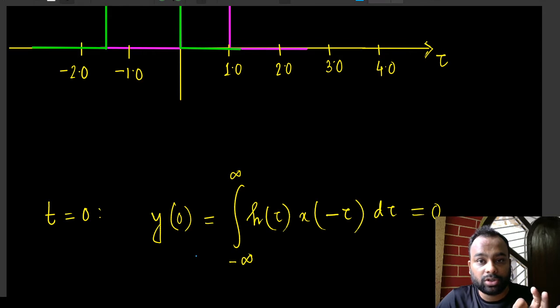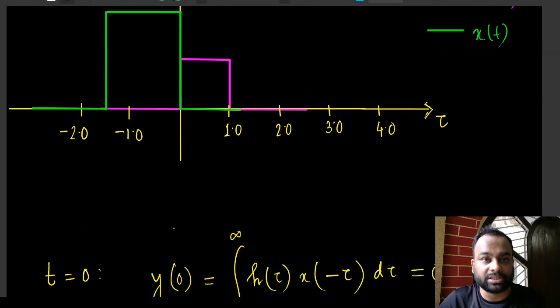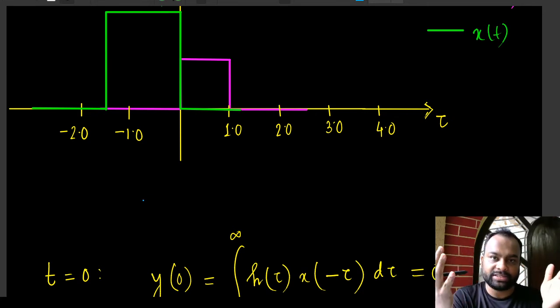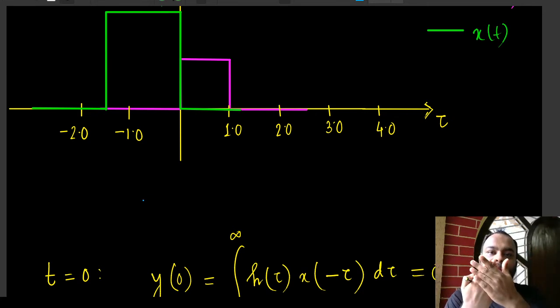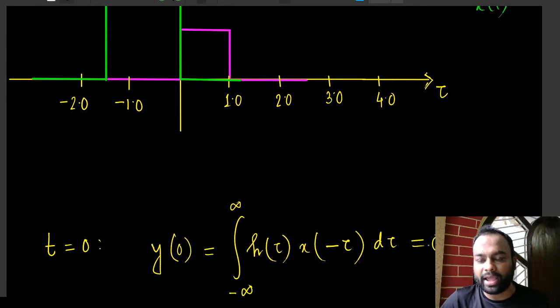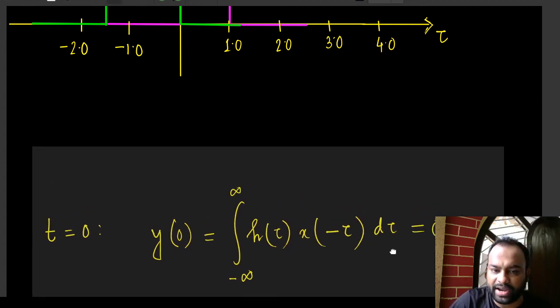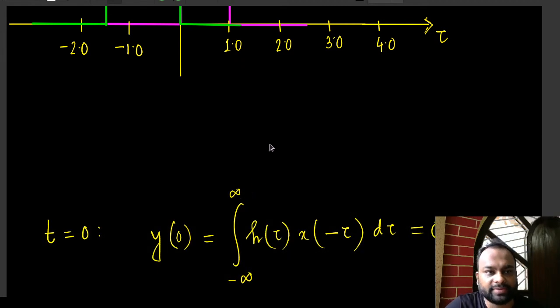So by convolving these two signals, by which I mean doing a flip and shift and calculating the overlapping area, that overlapping area gives me the output of the system. Things will be much clearer with slightly more concise examples, but I think this is fine up to this point. Please let me know if you still have queries.